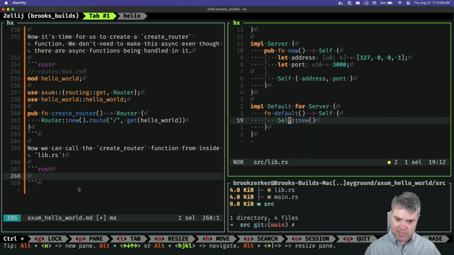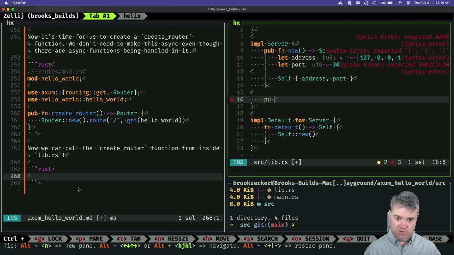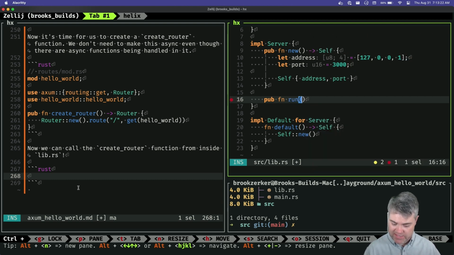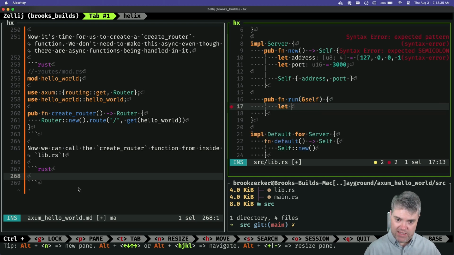And we do this, oh, I want a run function. So I don't need the router up here. I need the router in this. So we're gonna do a pub function run. We're not gonna take anything in. Oh, we are gonna take something. We're gonna take in a reference to self. And that's it. And we do need to return a result eventually, but let's not do that right this second. So we're gonna do a let, we'll just do this, let app equals